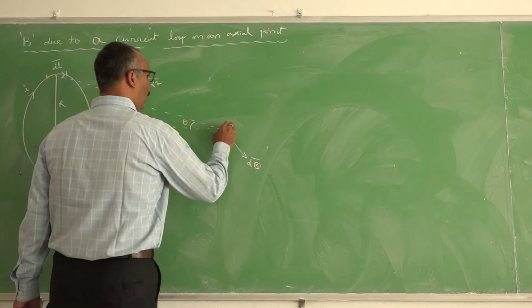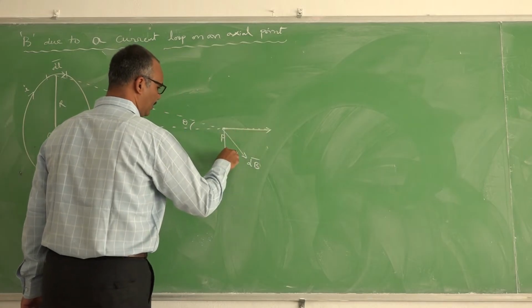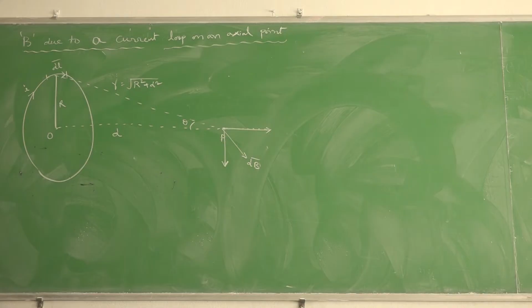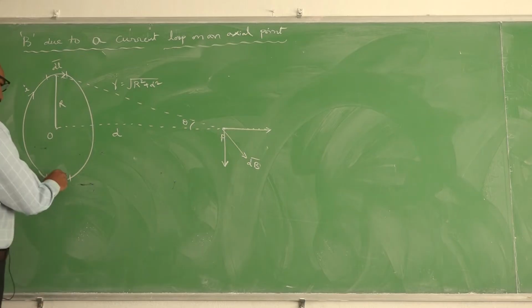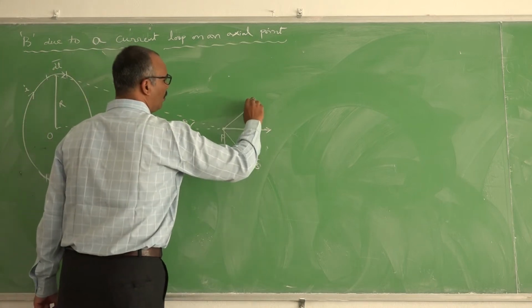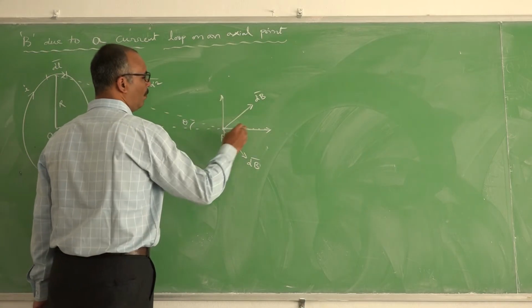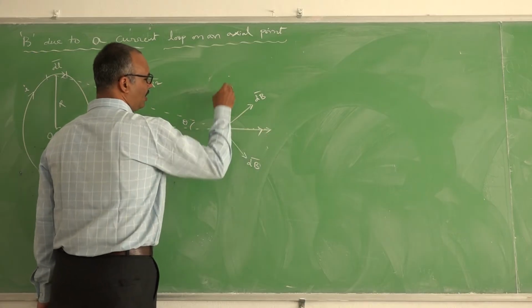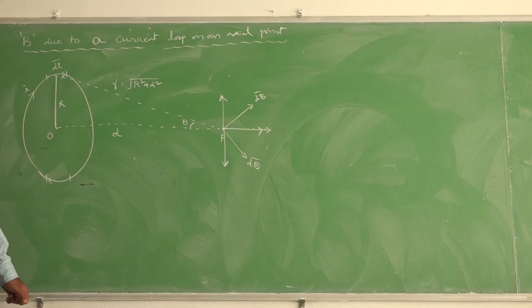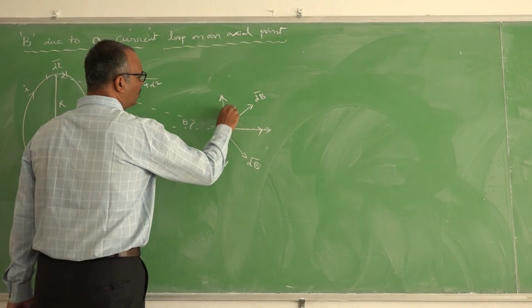This can have two components, one component like this, another component like this. Similarly, if you consider the counter element to the given element at this point, because of this element, as it is carrying current like this, magnetic field dB bar will be like this. Again, this dB bar also can have two components, one component like this, another component like this. As you know, this angle is theta, this angle becomes theta. Why?